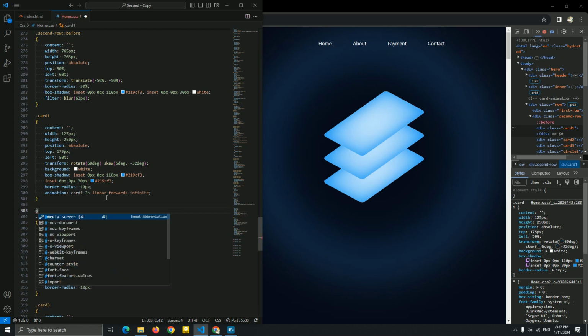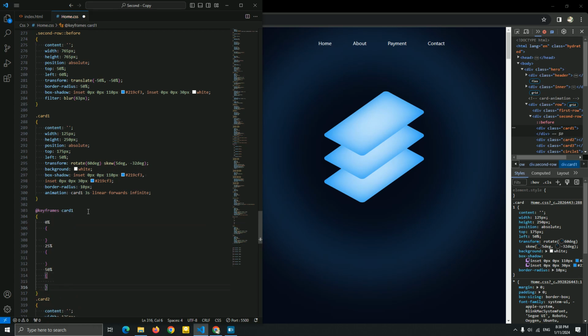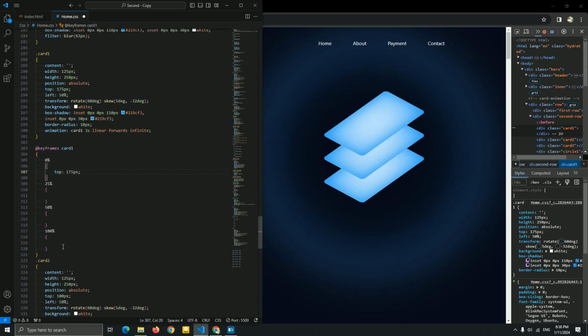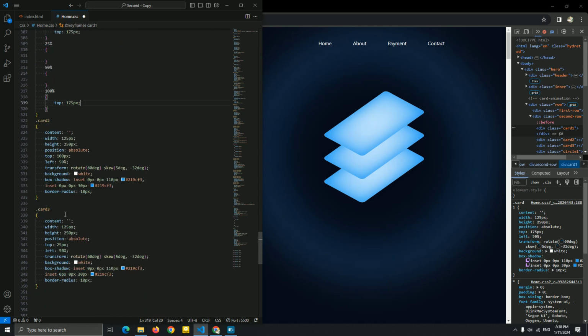And now let me just add the keyframes, 50%, and let me adjust 100% instead of 75%. So we have a desktop for this card 1, guys. Just copy this, paste it, and this we just copy this, paste it. And I'm gonna add a card 2 top. So we have a card 2 top, 100 pixel.